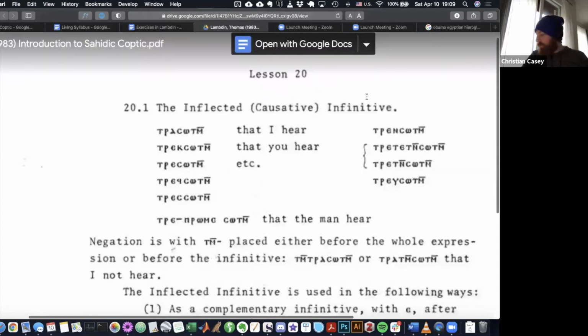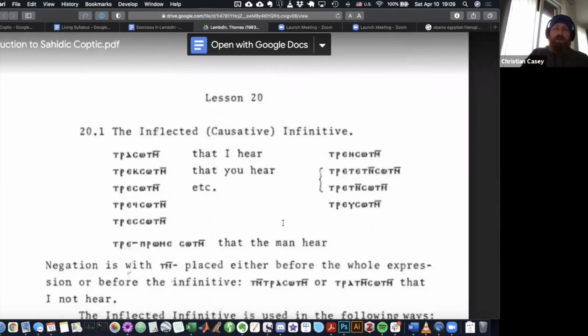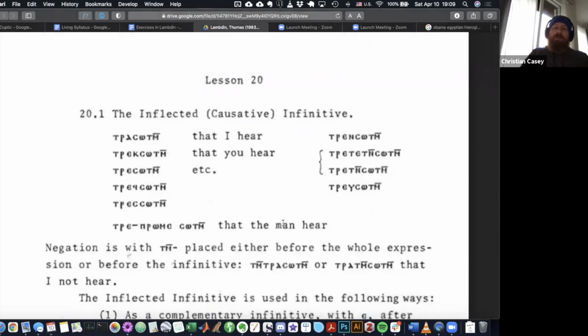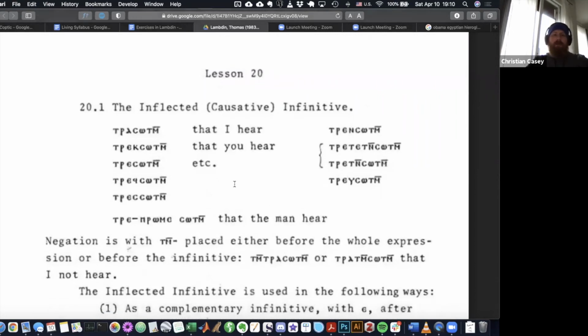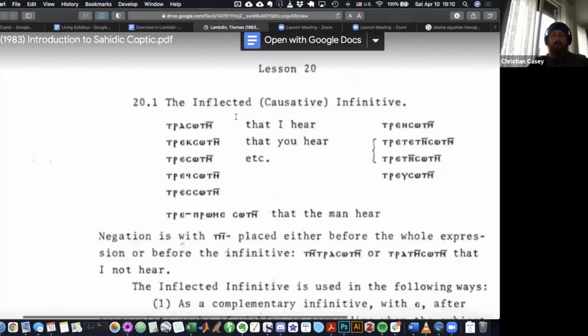Thank you everyone for doing those exercises, and then we'll just go pretty quickly through lesson 20. There's quite a few new things in here, so I will suggest that after we go through it quickly, you go back and review again. But the first thing we're going to learn about is the inflective infinitive, what's normally called the causative infinitive, and ultimately where this comes from. It's kind of fun. It comes from